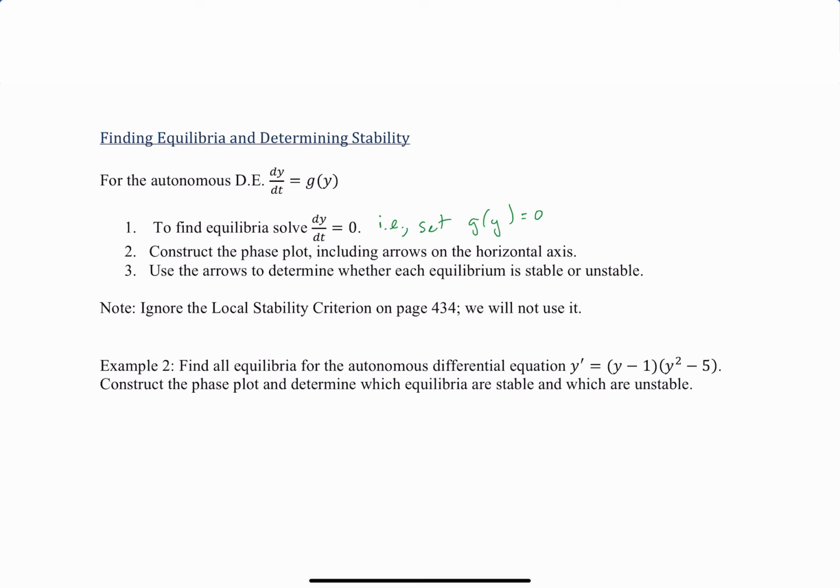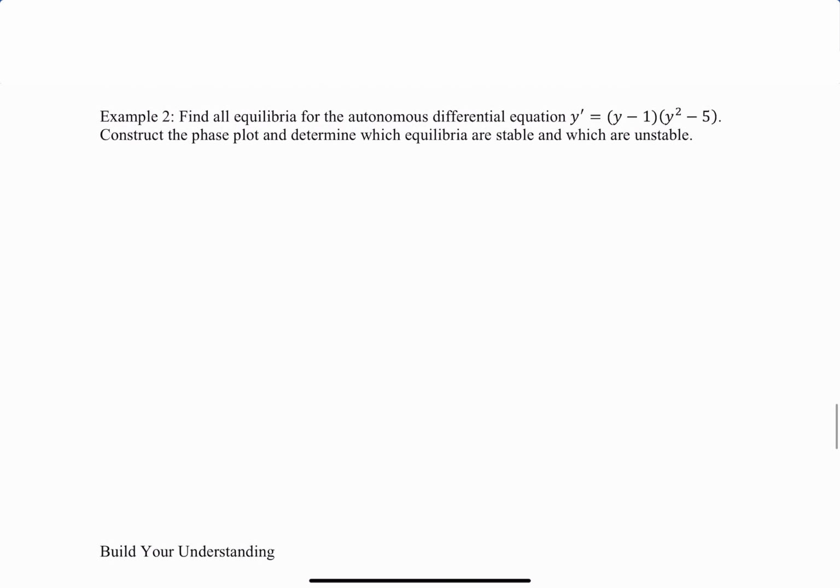For example, let's find all equilibria for the autonomous differential equation y prime equals (y minus 1) times (y squared minus 5). Then we'll construct the phase plot and use that to determine which equilibria are stable and which are unstable. So setting the formula for the derivative equal to 0,